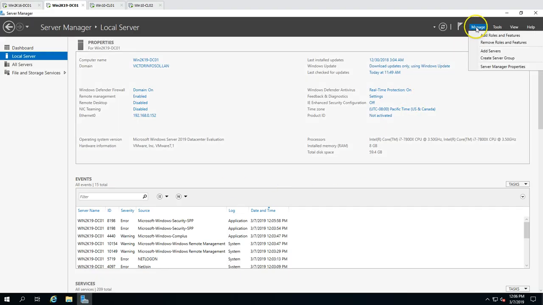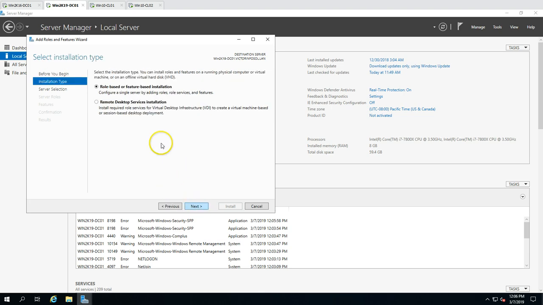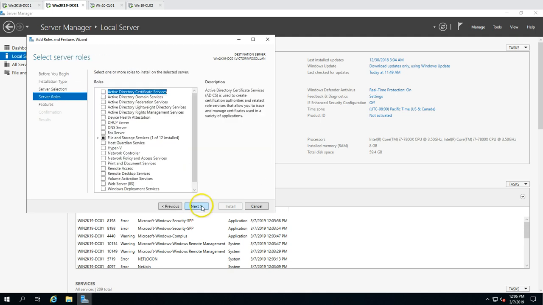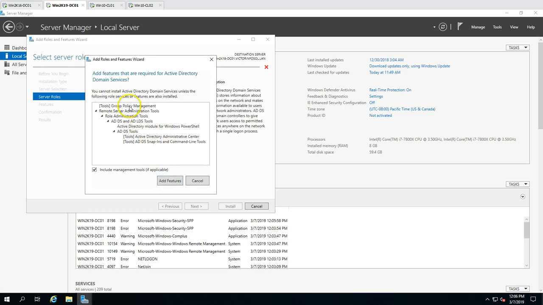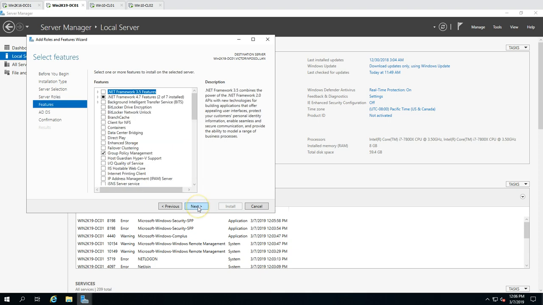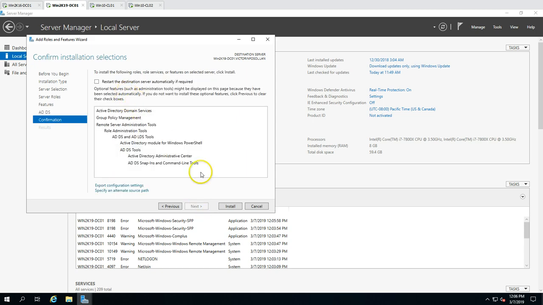So click on Manage, Add Roles and Features, click next. Active Directory and DNS is a role-based installation, so select role-based installation, and here you can see our server. Click next, and here we need to select Active Directory Domain Services, and these are the management tools for the Active Directory infrastructure, like Group Policy Management tool and remote Active Directory management tool. So add, click next, and then on the feature page leave the default, click next, and just click on